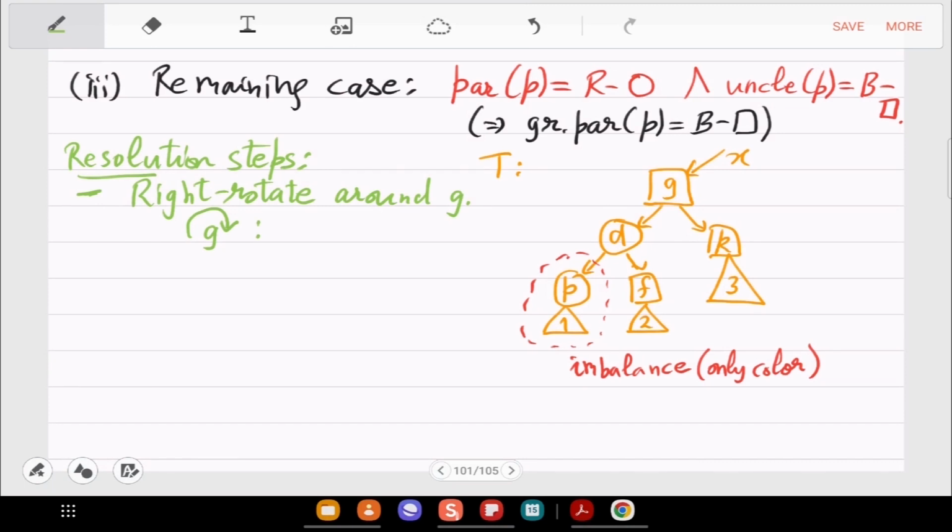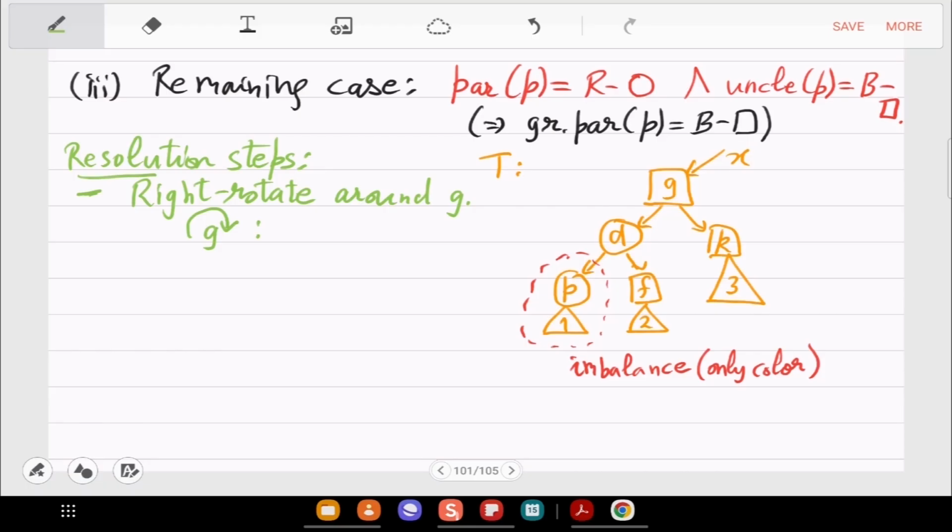So what will that give? So G will be replaced by what key? By D, right? So I'll draw it, but first let us just guess it. So when you right rotate around G, then D will come in place of G, and G will go down to K.